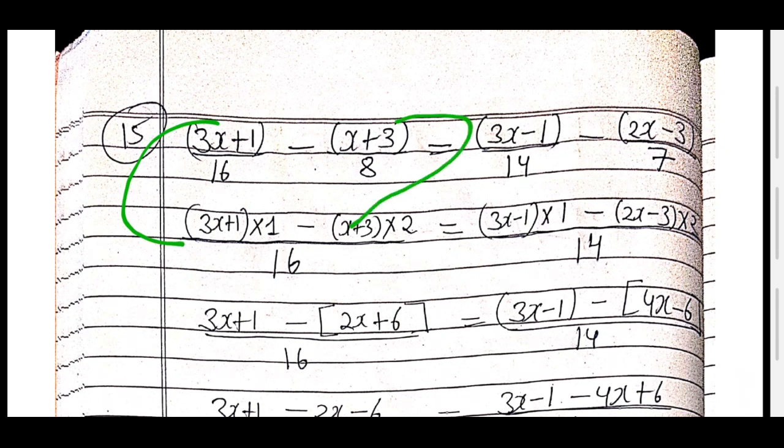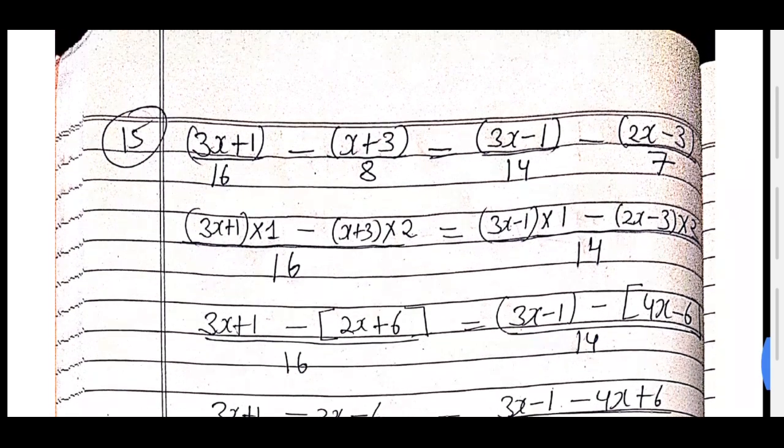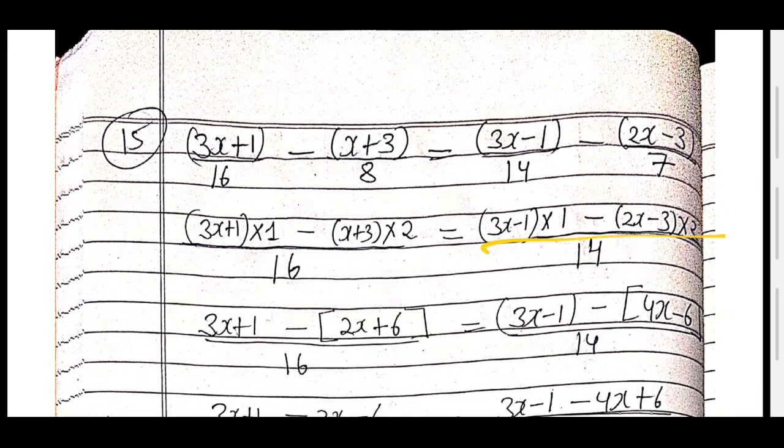First thing. Second thing, just write the LCM here. Third thing, now in the table of the denominator, how many times will the LCM come? In the 16 table, 16 comes only 1 time, multiply by 1. And in the table of 8 how many times will the LCM come? 2 times, so just multiply by 2. It is the actual method of LCM. Similarly here also find the LCM, 14.